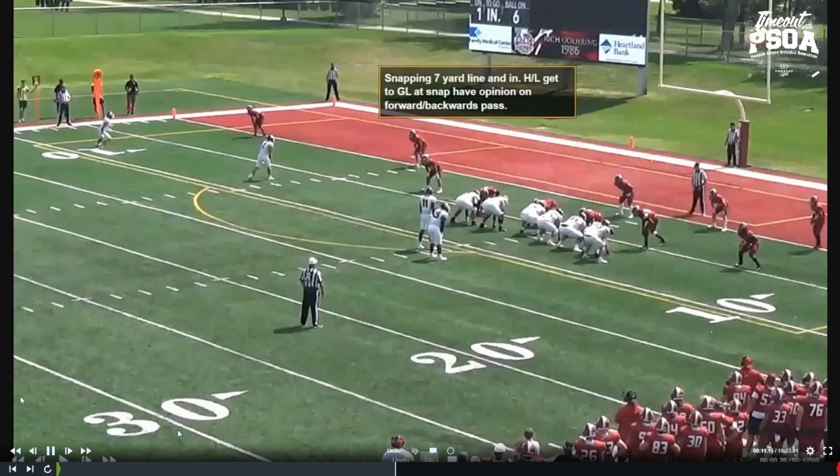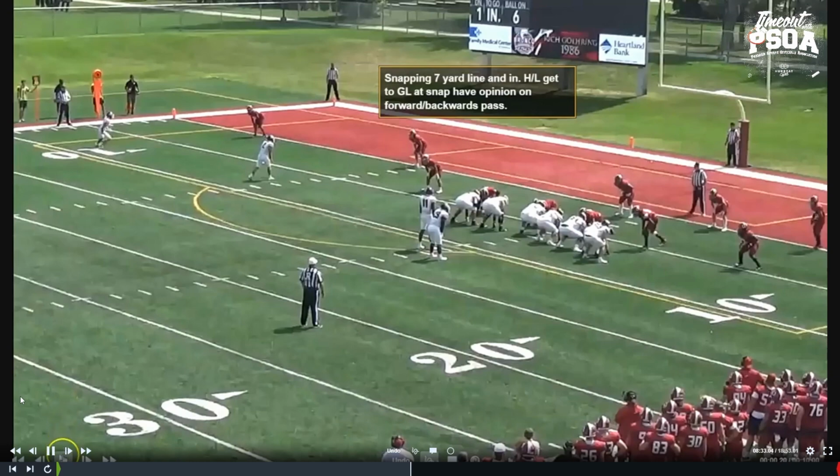Good job. Okay, we've got a couple of these plays. So snapping from the 7-yard line and in, H and L are going to go to the goal line on the snap, which means forward-backward needs to be primary by our referee. And I confirmed all this with my line of scrimmage guy as well.